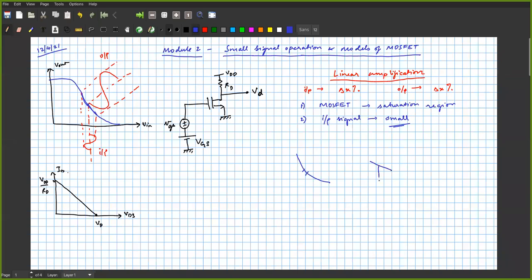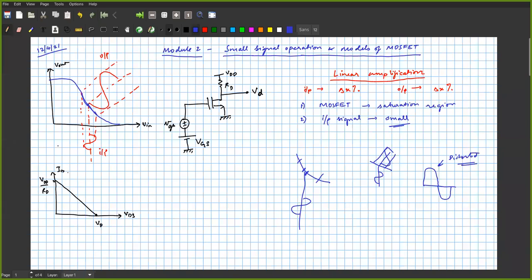So when you give an input signal to that part, like this, obviously the output will be a nice magnified one. But if you give a large signal, what happens is, instead of the small part being linear, it will be non-linear. It will be like this. So if I give a signal like this, the output signal which I get, the positive peak might be more, amplitude will be more, the negative peak will be less, like this. So that is not exactly a linear amplification. That is actually a distorted signal.